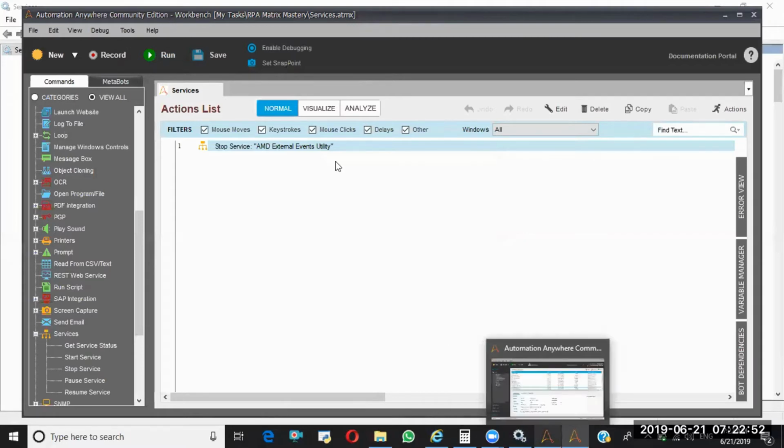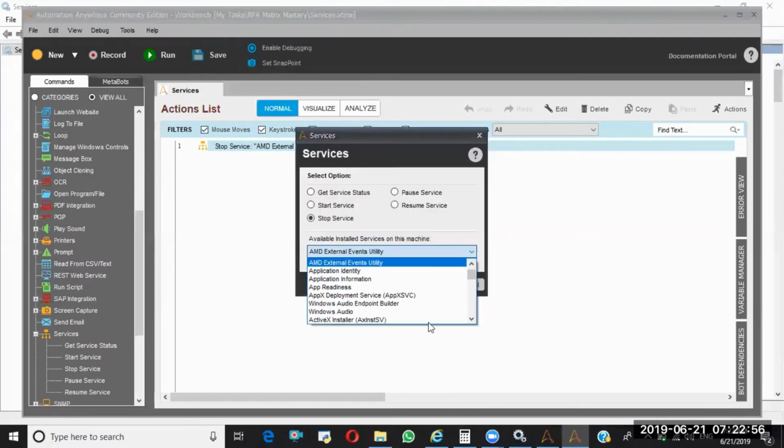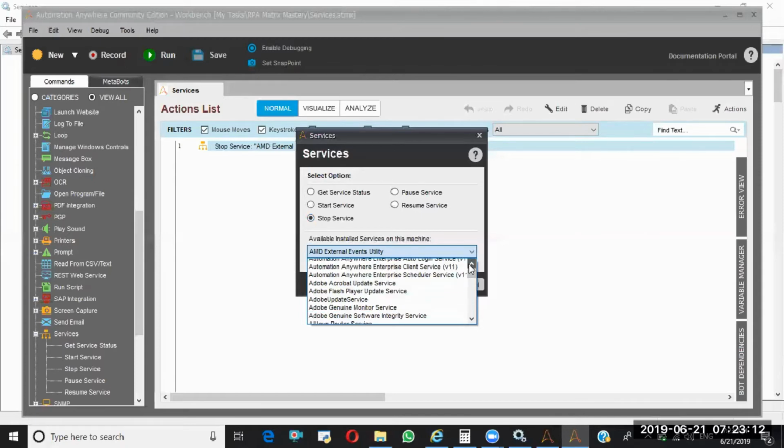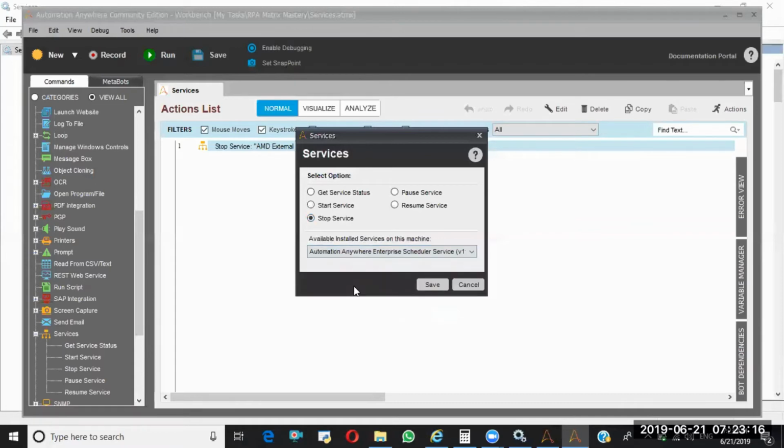Let me try the Automation Anywhere service only. If you want to do these things, your system admin will provide those service accesses. As of now, we don't have those privileges. That's the reason we are not able to stop or start those services. At least let's try this Automation Anywhere service itself.